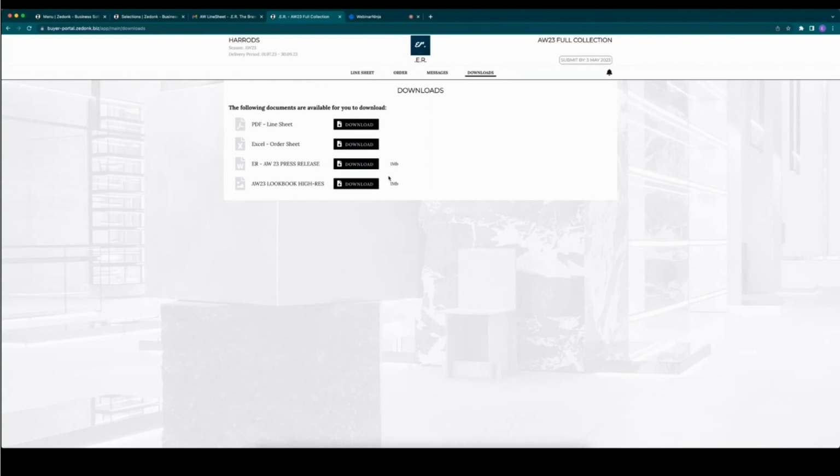We've also, and this has been since we've launched Digital Showroom, created what we call an attachment library. And this allows you to add up to 1 gigabyte of additional media. So it might be things like press releases, high-res lookbooks, show videos, all of the assets you want to combine within your portal. That can all be achieved now in your system settings. So you would upload the information there, and then your buyer can simply download from here.